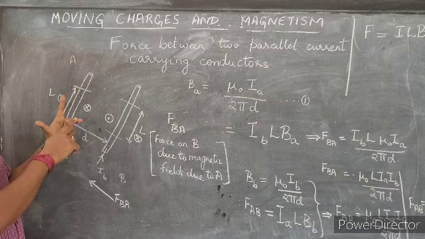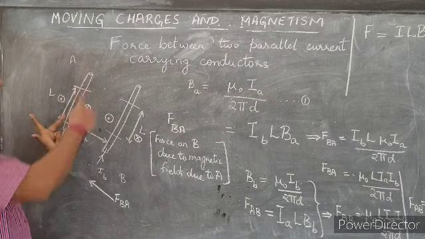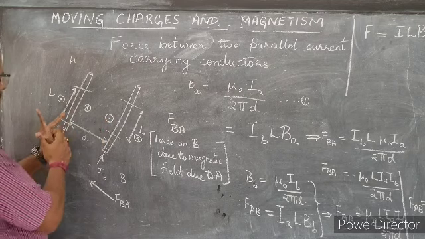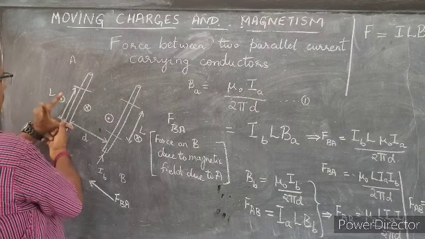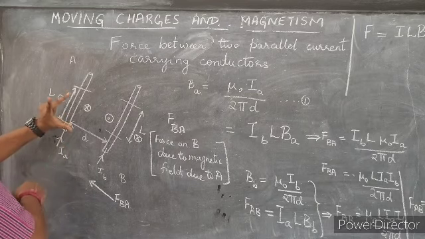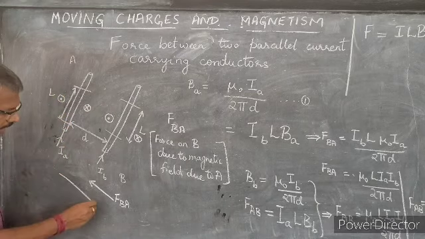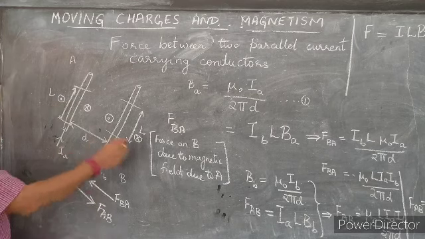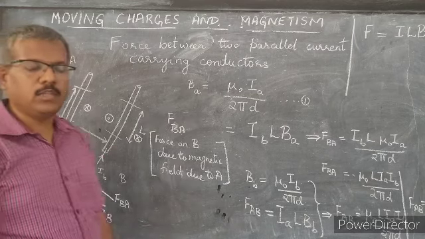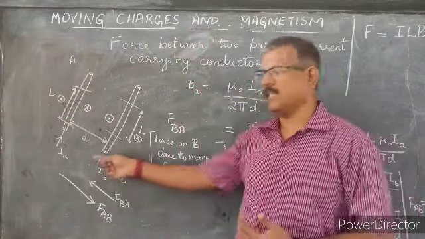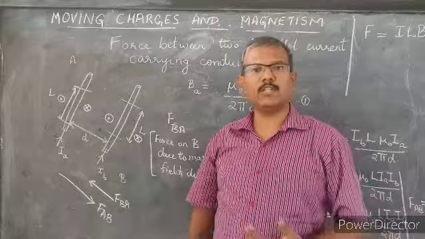So the middle finger shows the current, so the current is going this way, and here the magnetic field is coming outward. So I just rearrange my fingers and you can see this coming out, and this thumb shows the force. Which means F_AB is in this direction, which means both the forces are equal but towards each other,